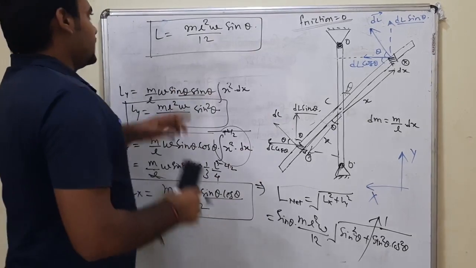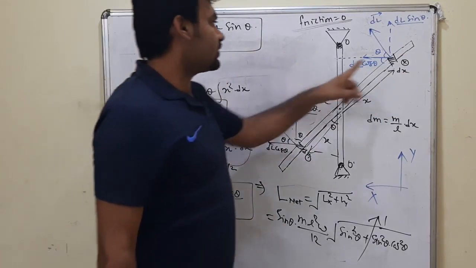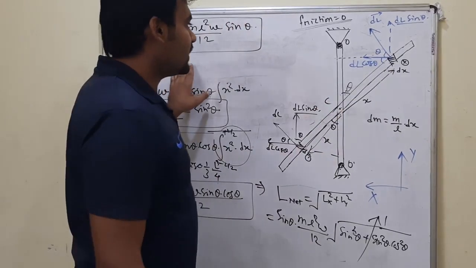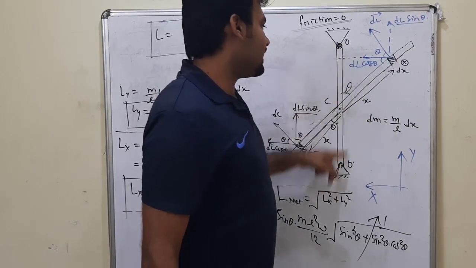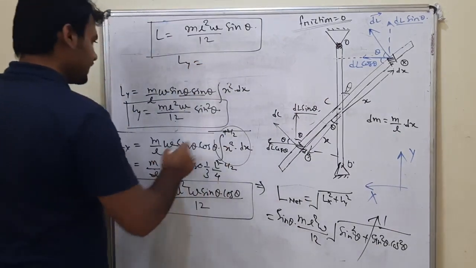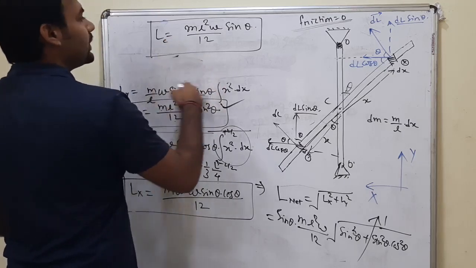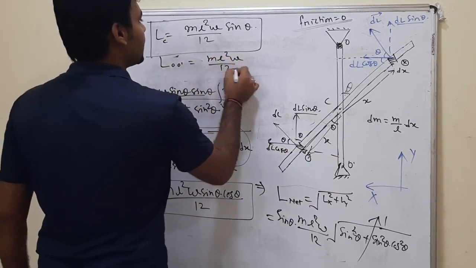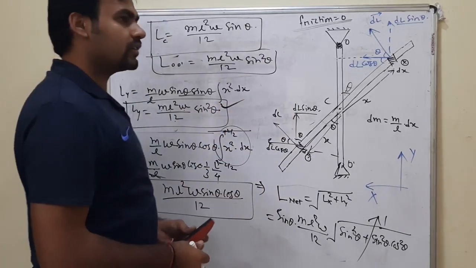Okay, this is the net angular momentum of this rotating rod about the point C. One more part was asked in the first question, that was: what is the angular momentum of this rotating rod about this vertical axis? The vertical axis is in the direction of the y axis. So for that the answer will be quite simple. This is the net angular momentum about point C, and about axis O dash it will be m l square omega divided by 12 into sin square theta. You can see Ly here. So that is the completion of the first part.